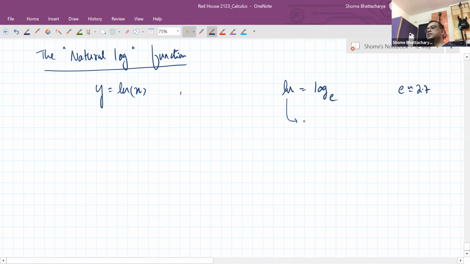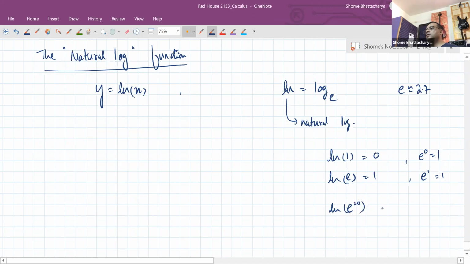So this is the symbol used for natural log. So for example, natural log of 1 is equal to 0, because e raised power 0 is equal to 1. Natural log of e is equal to 1, because e raised power 1 is equal to e. Natural log of, let's say, e raised power 20 is equal to 20, because